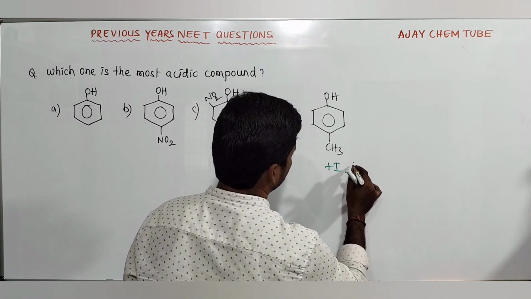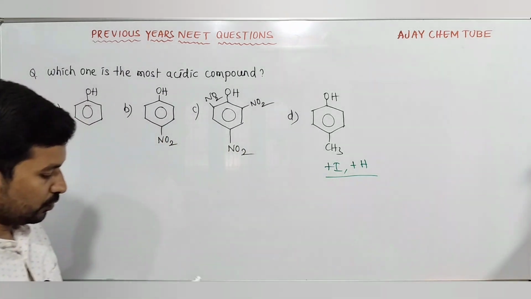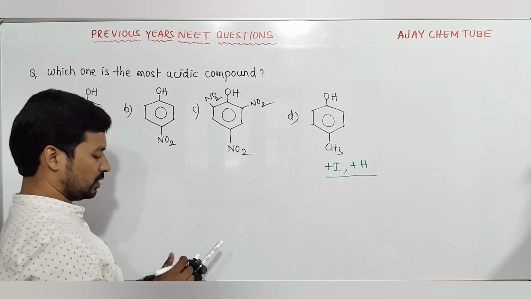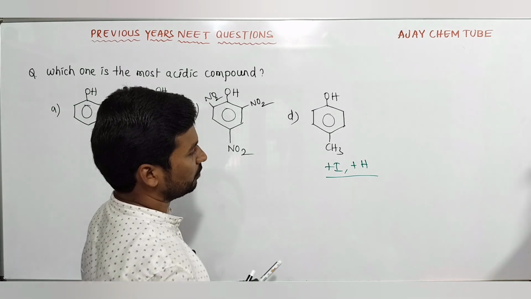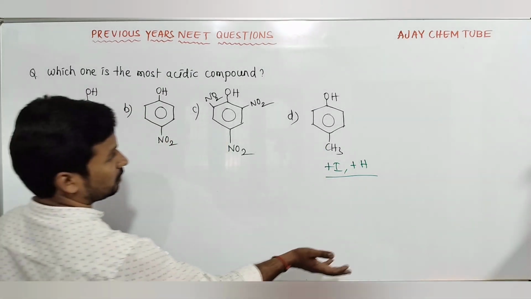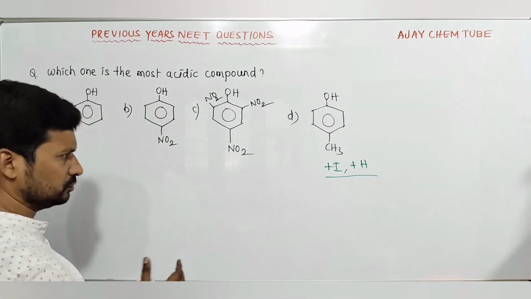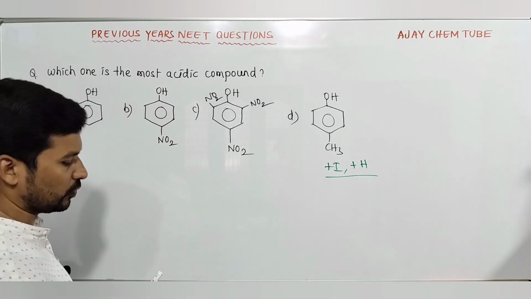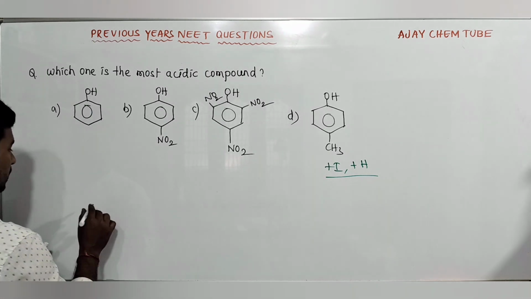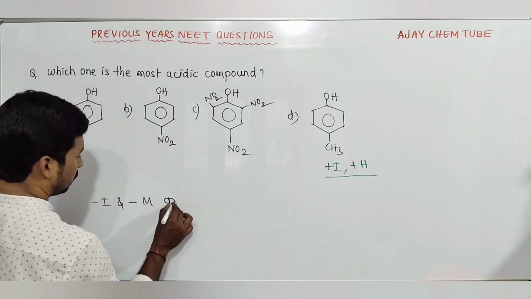It causes plus I and positive hyperconjugation effect. So both are unfavorable for acidic strength of phenol, because phenol acidic strength is promoted by minus R groups, minus M groups, minus I groups. So minus I and minus M groups